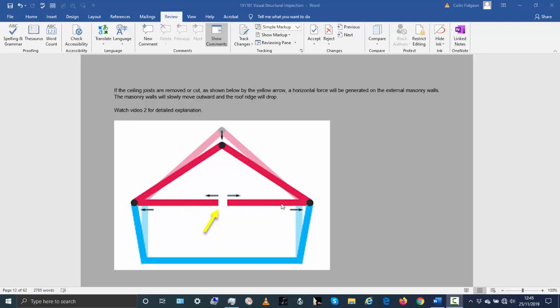shape. And if you have that triangle and you've got this tie here, you won't put any lateral load on the wall. There will only be a vertical load on the wall. But if this tie is removed, what happens then is that will basically put an outward pressure on the walls. And what can happen is the walls over time, now this won't happen quickly, it generally happens over many years, and you'll just get a very slow movement of the walls. The walls will go out of plumb.